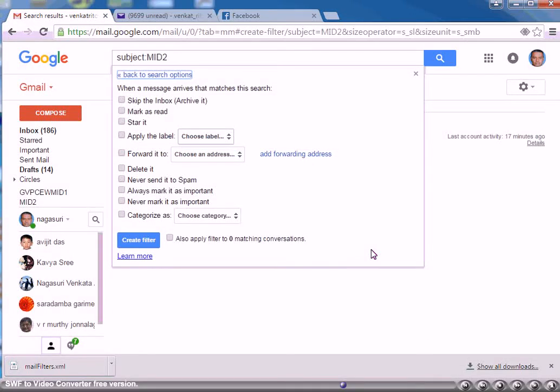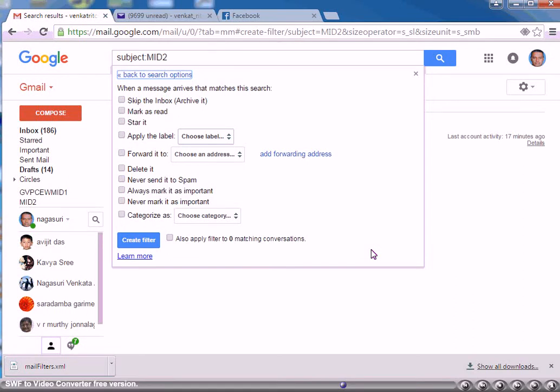Now we need to select the label to which this filter has to be applied. Do remember this label is same as folder of Yahoo. Thus, you have to select choose label. In the resulting pull down menu, you select the label which you have created. Its name is also incidentally mid2.